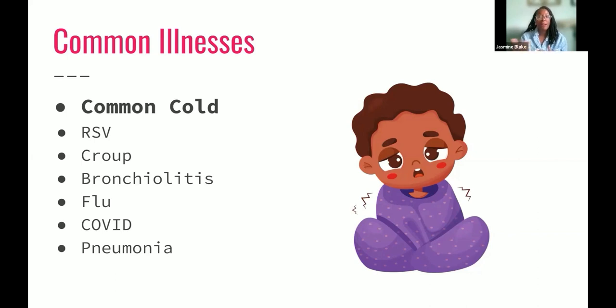Bronchiolitis is similar to bronchitis in adults, but it's specific to children under the age of 2. That's because they are more likely to get an infection in the smaller airways, which are called our bronchioles, than the larger ones, which are called our bronchi. So when we get older, we're more prone to getting infections in our larger airways, which is what we know as bronchitis. And children, particularly under the age of 2, are more likely to get infections in the smaller airways, and that's called bronchiolitis. This is very, very common in kids, and this also is caused by a lot of different viruses,